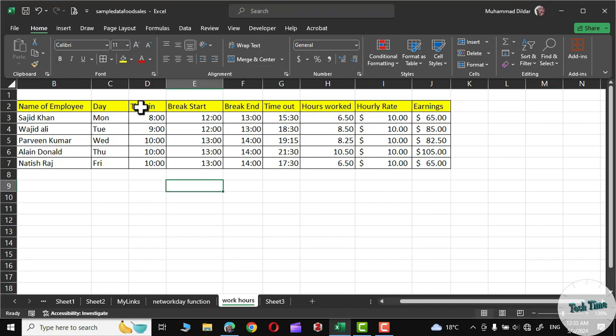Just look over here. This is the time in for each employee, and similarly this is the time out, and in between you can see we have this break start and break end time. Over here we have calculated the hours worked, and based on these hours we have calculated the total earnings of